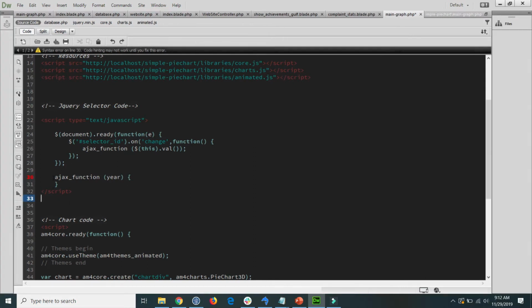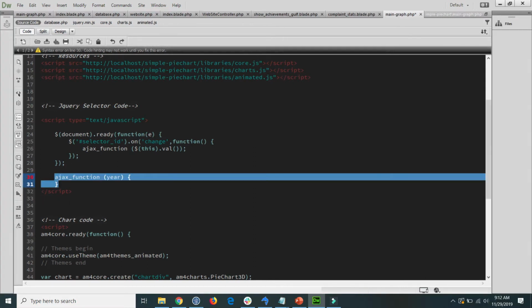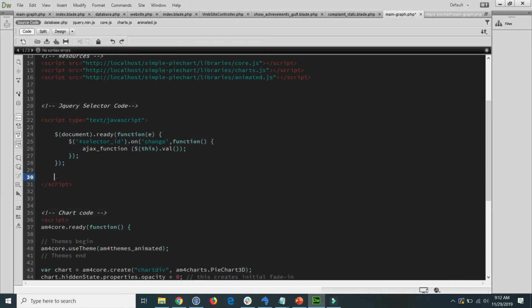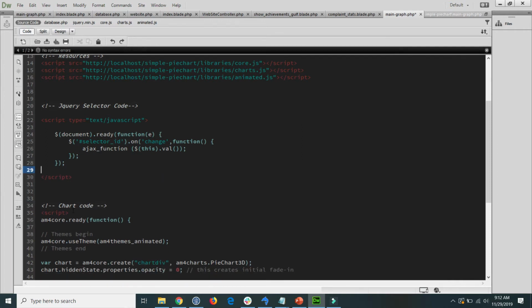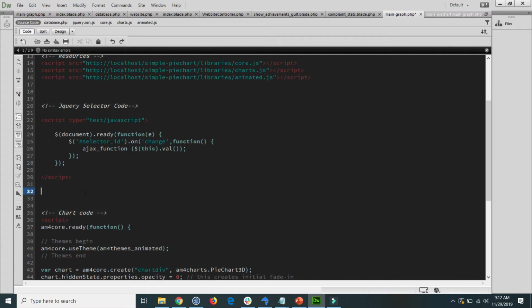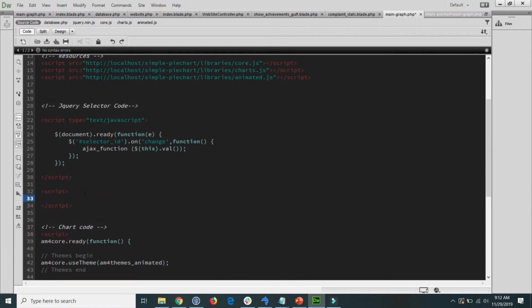Remove this definition of the function here and write another simple script, and inside this one paste this line of code. Okay,